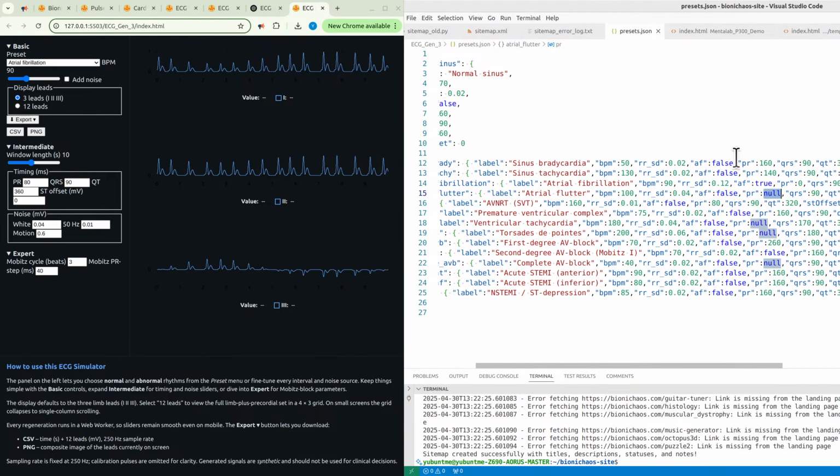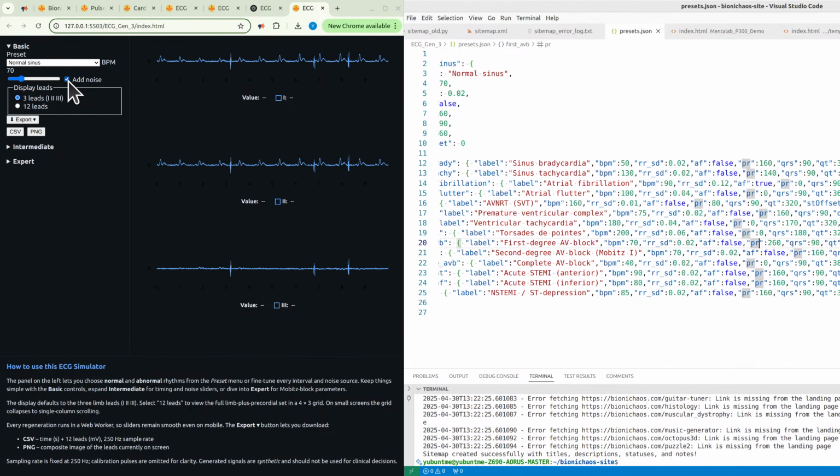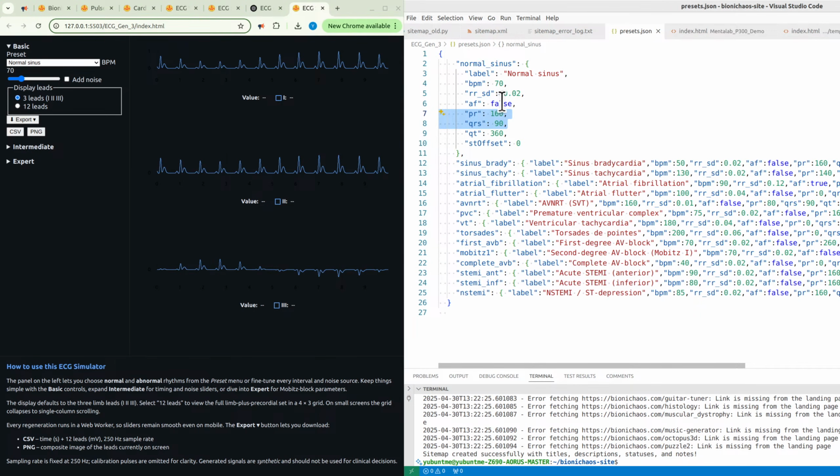I actually like, yeah, if the P wave is totally not meant to be there, then we can have the PR timing set to 0, which we kind of have to do, because if it's null, the default.